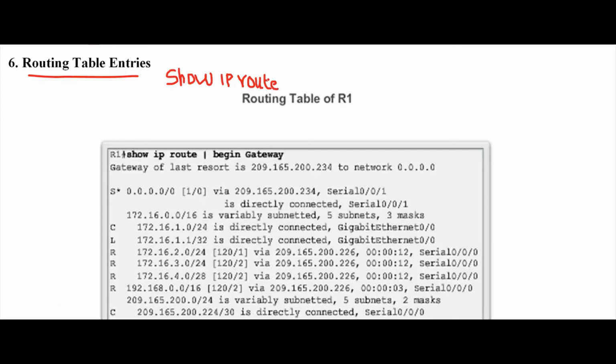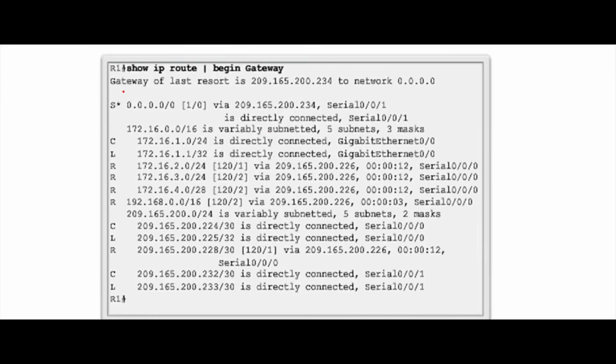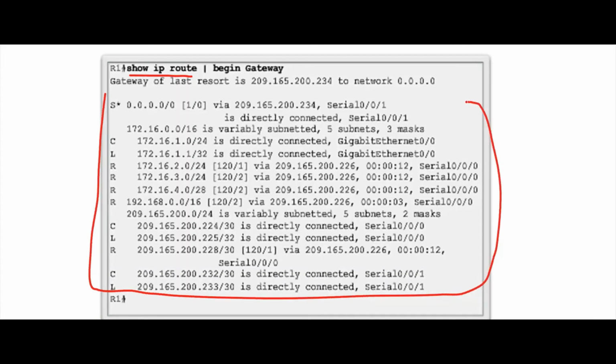Now we are going to see this routing table very closely, and we are going to do some analysis and study the things. You can see this is a command. I'm using the command show IP route. Now it is going to display the routing table. This is a routing table of a router. About this we are going to study. What are the things available inside? There are so many things available like S, C, L, R. So about this only we are going to study now.